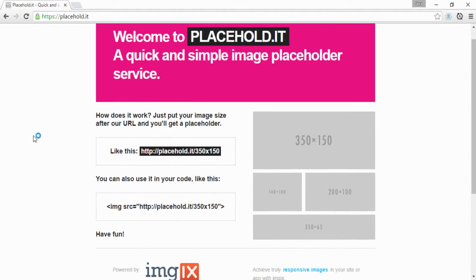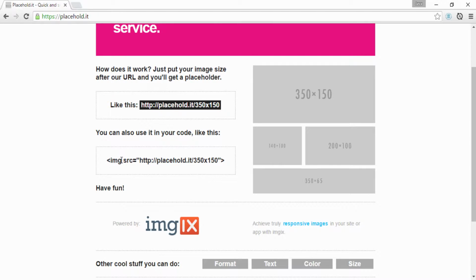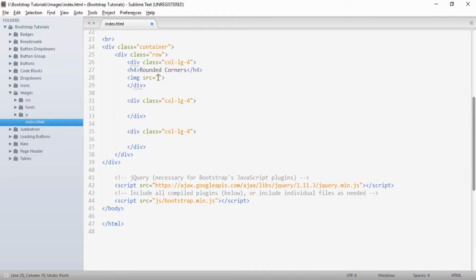This website provides an image source of whichever size and shape you want. So this is the width and this is the height. Whichever width and height image you want, it provides. I will just copy this link and add it to my image source, and I will paste it here.